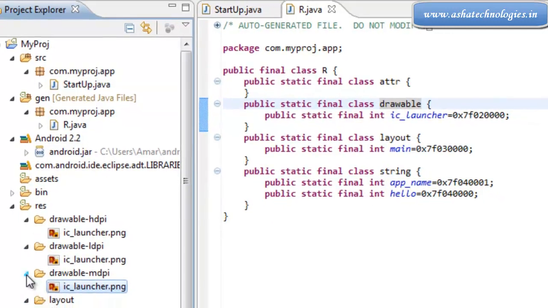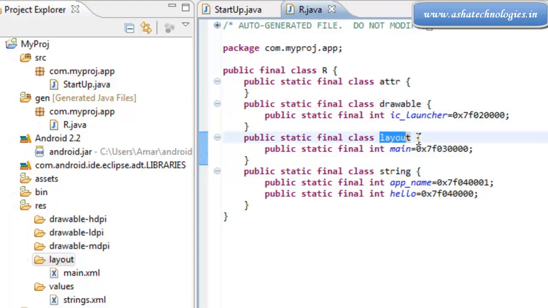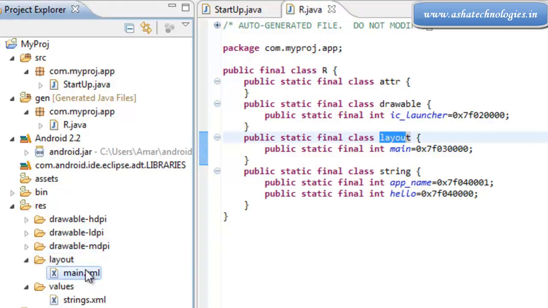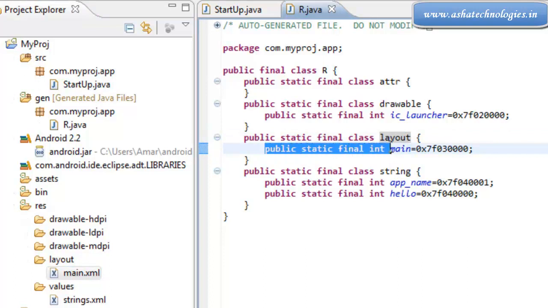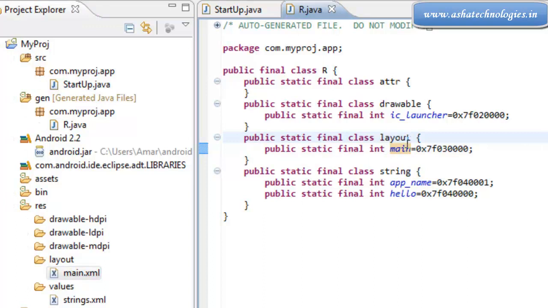Now come to the nested class layout. Under this layout we will have main.xml. This layout has a static final int variable which is assigned some value, main. So using R dot the layout class dot main, the dot is used here to access main, because this is a static member.